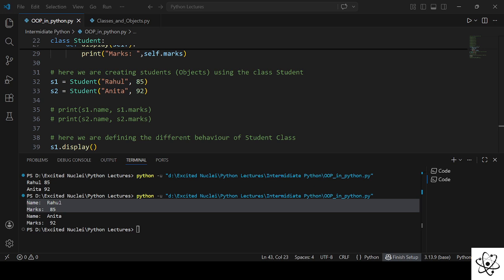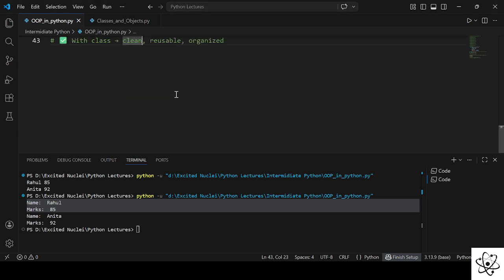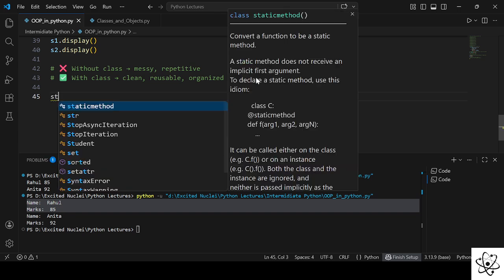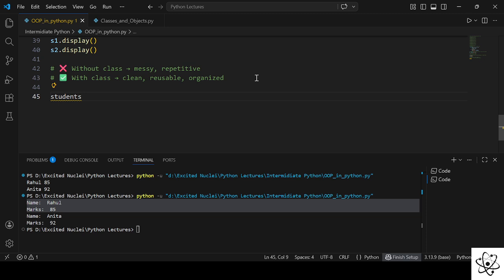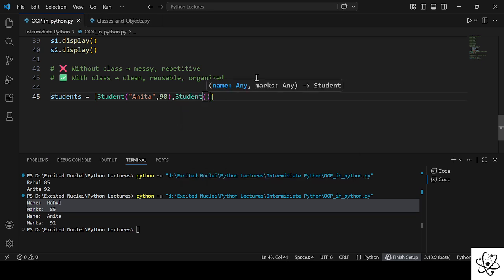Also, what we can do is we can simply create a student list in a format like, if I say students is equal to a list, right? And in the list we are going to say student, and in the student we are going to say first of all Anita, her marks, let's say again call the student, or maybe we can just copy and paste it every time, right? So here now let's say the next student is Rahul,